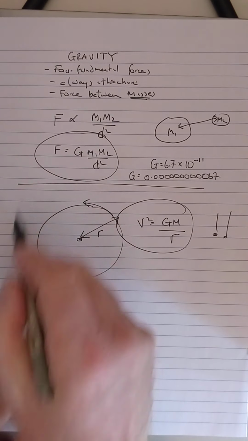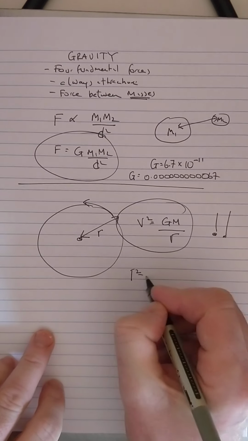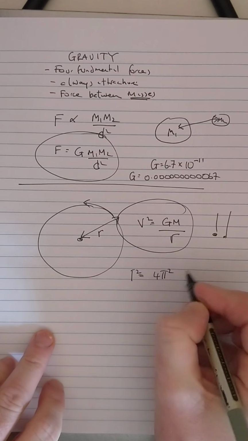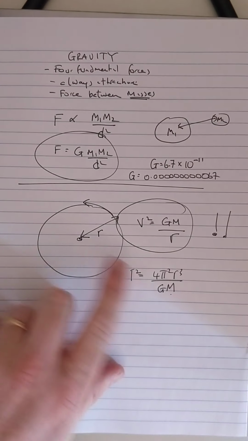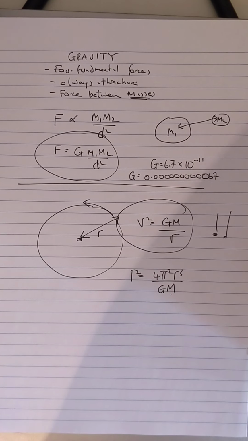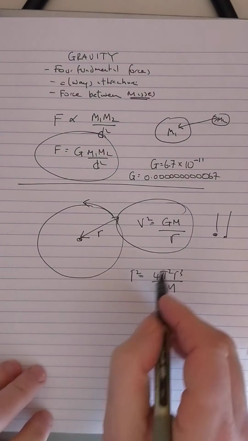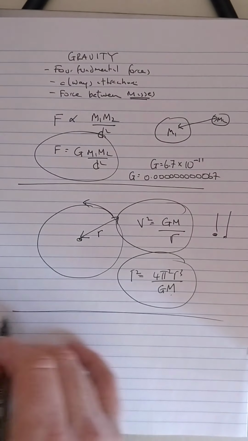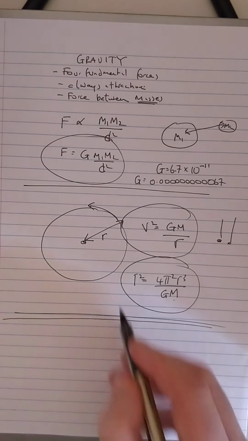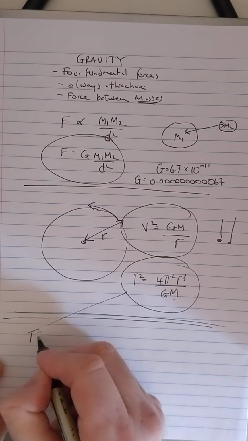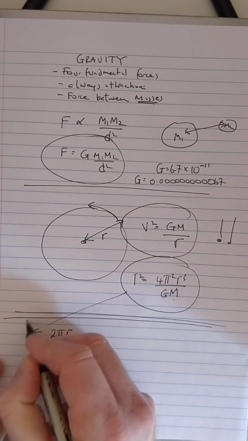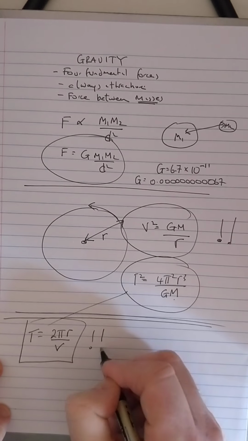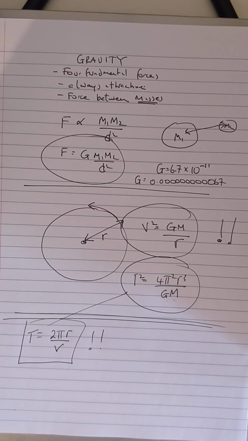The time for one revolution is our third formula, and we'll derive this in a minute. The way we've written it, M there is the mass of the central body. So T squared is 4 pi squared r cubed over GM, the mass of the central body. That's the third formula. We also have, remember, periodic time is the length of the orbit divided by the velocity. Again, a formula that isn't in the tables directly, but you really need to know.